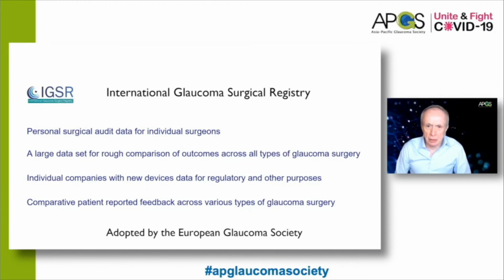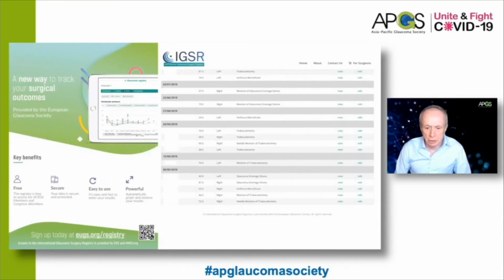provides the surgeon a free personal audit of their individual results versus a large data set. A data set of rough comparison of outcomes across all types of glaucoma surgery. It provides something that individual companies with new devices can use for regulatory purposes, and hopefully comparative patient-reported feedback across various types of glaucoma surgery. And this has been adopted by the European Glaucoma Society. And we currently have, after 2 years, around 3,500 patients. So it's a relatively new